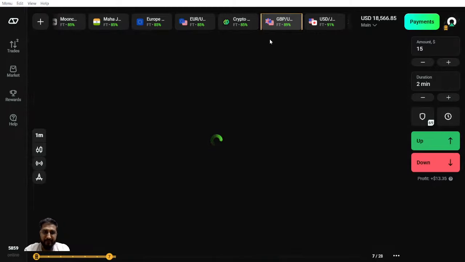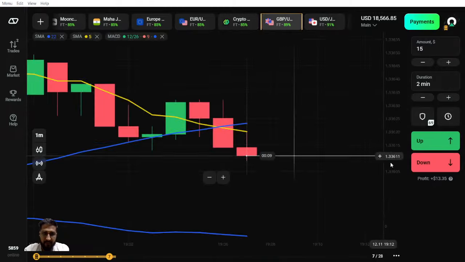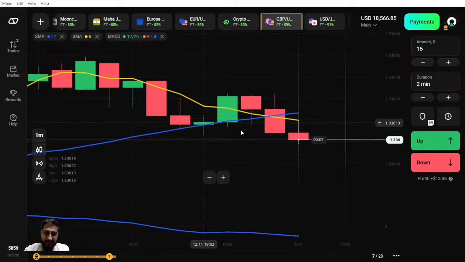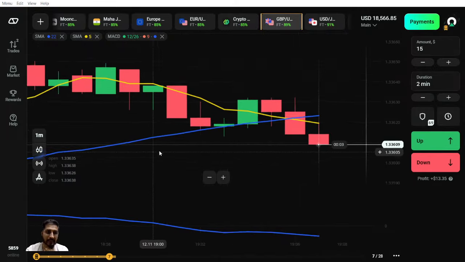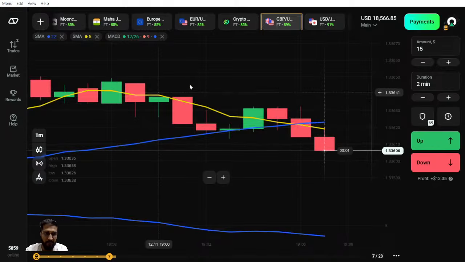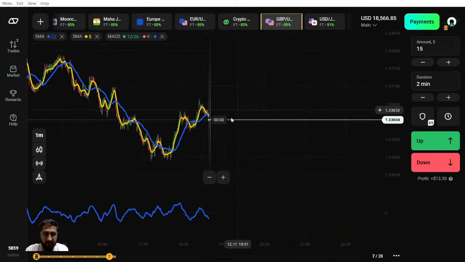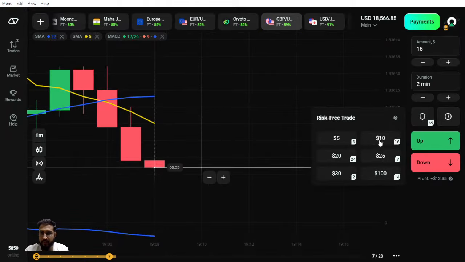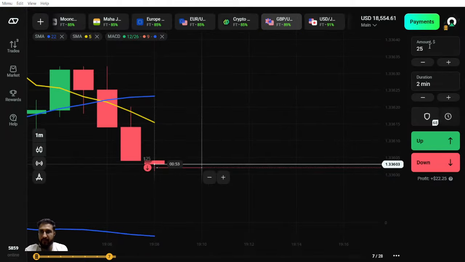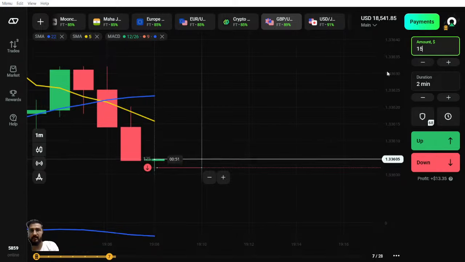Okay, so one signal is there, the intersection of SMAs, but at the same time the other signal is quite old. Let me observe if any support resistance level is there nearby. Or let me do one thing, let's take another trade with the RFTs.